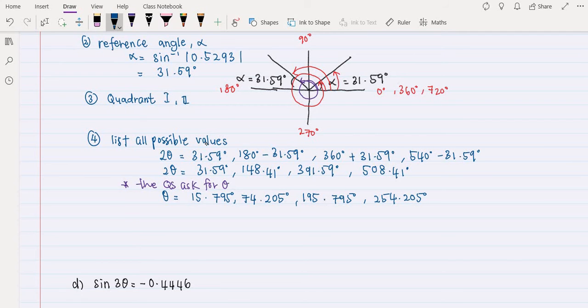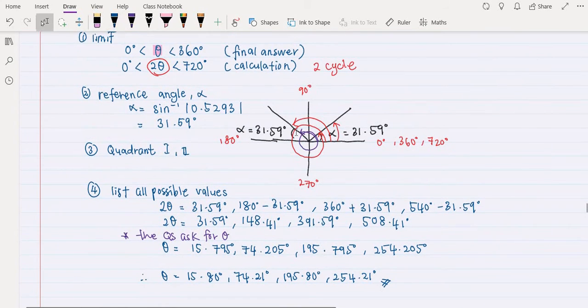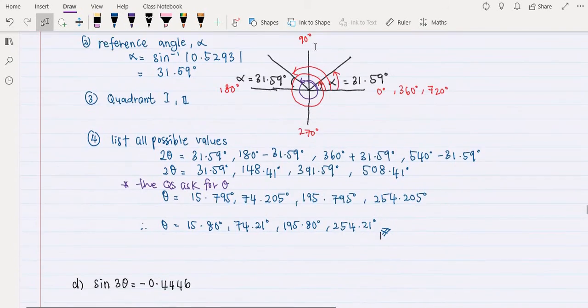So when you write your final answer, you can just round off this decimal place. You can just choose theta is actually equal to 15.80 degrees, 74.21 degrees, 195.80 degrees, and last one will be 254.21 degrees. Okay, so if you take note, the difference between question 5 and question 6 is that we will